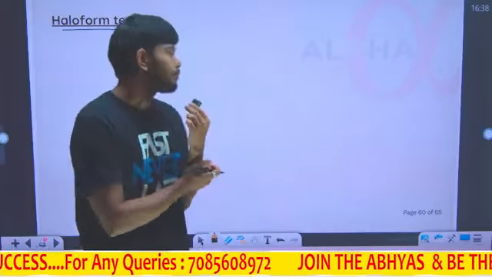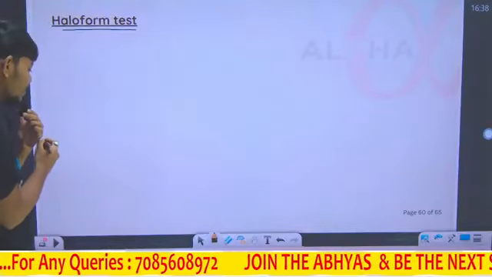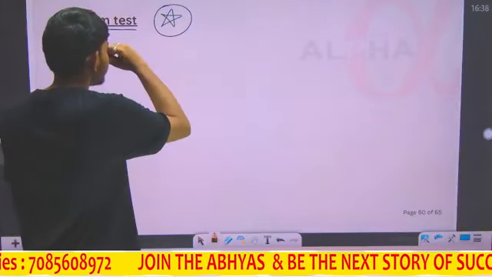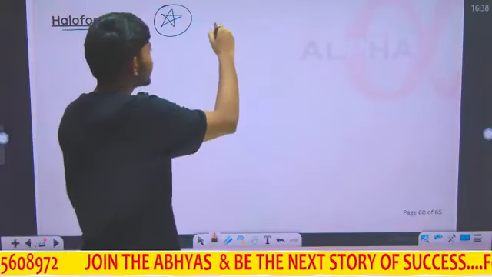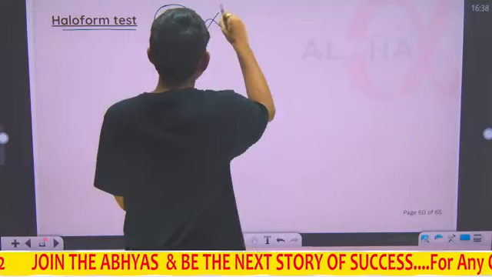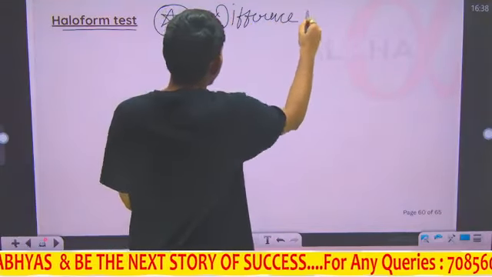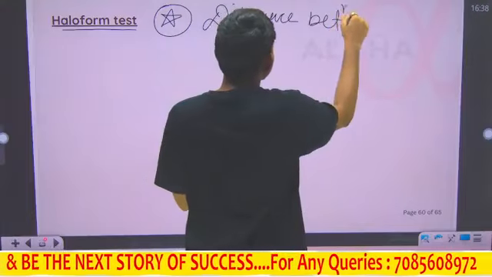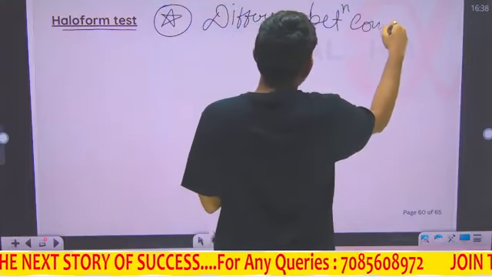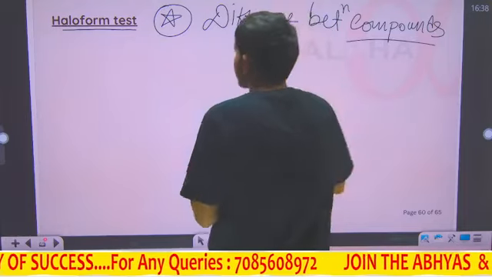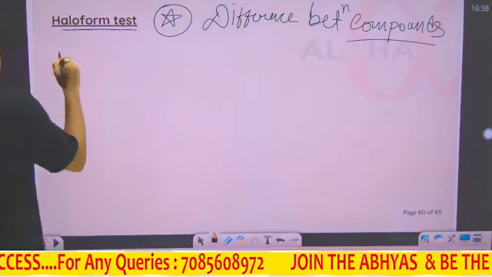So lastly, we have the haloform test. I find it very important. It's for those questions which ask the difference between compounds. Many students skip this part. Haloform mainly consists of